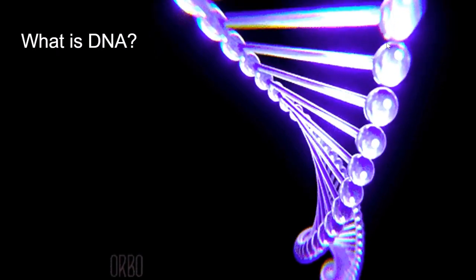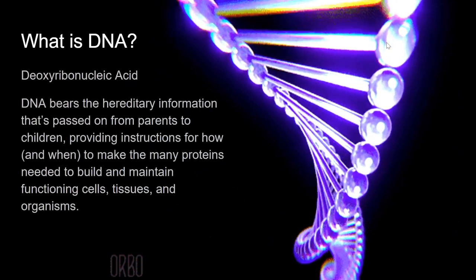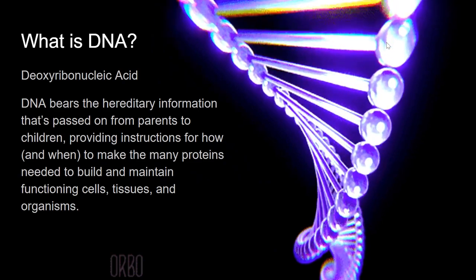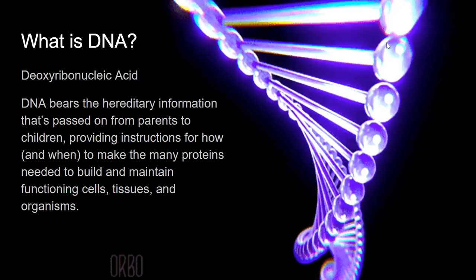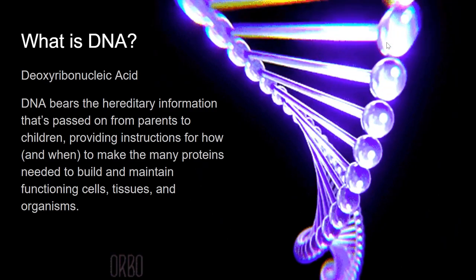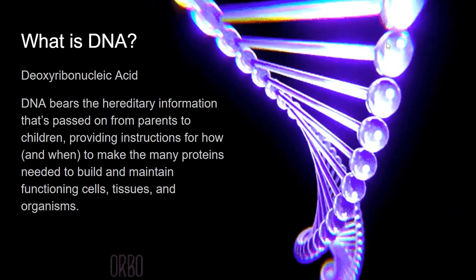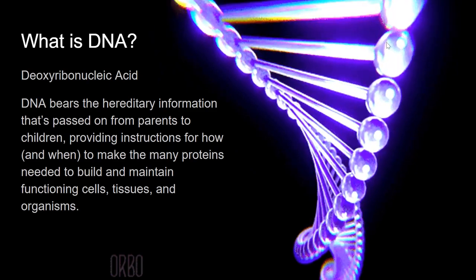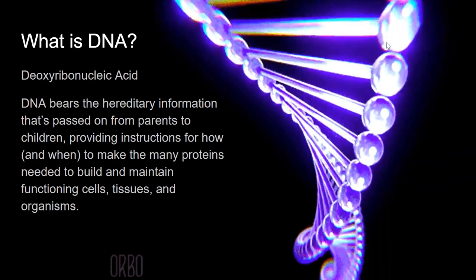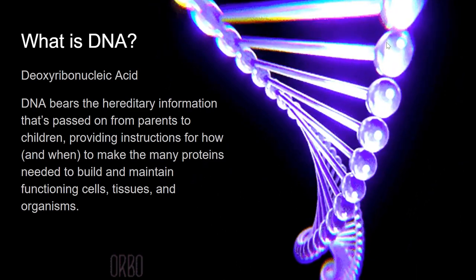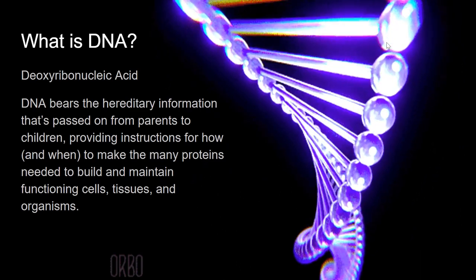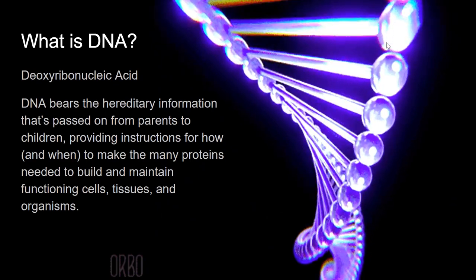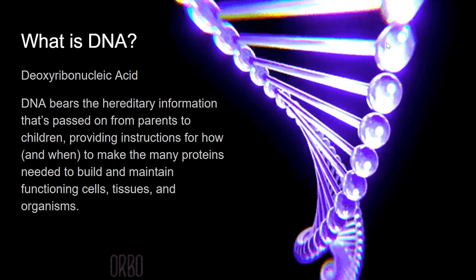DNA stands for deoxyribonucleic acid, and it bears the hereditary information that's passed on from parents to children, providing instructions for how and when to make the many proteins needed to build and maintain functioning cells, tissues, and organisms. This means that everything that makes you is stored in the DNA, like the color of your hair, or the thickness of your hair, or how straight your hair is, or how curly your hair is, or how much hair you have, or how quickly you might lose your hair, and many other aspects about yourself, even those not related